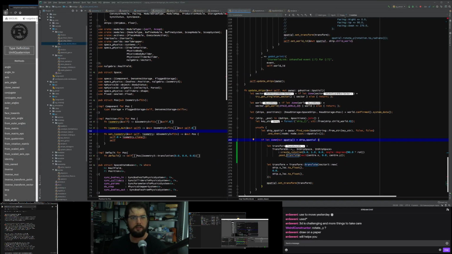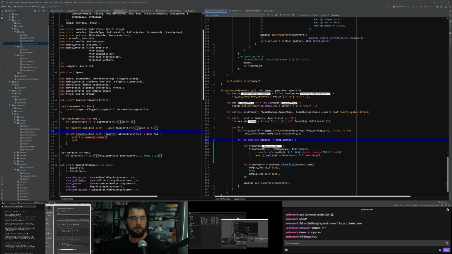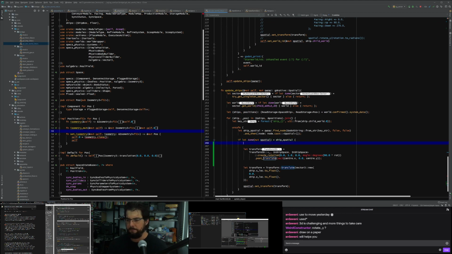So for my own state of mind, I'm going to just put this documentation over here where I can see it and you really can't. And it's not because I'm trying to keep things hidden from you, it's just because I want to be able to see more stuff at once. We're going to work through this one step at a time. So we've got pos, and pos is an isometry 3. We want to get from pos a rotation and a translation. So let's get those. Let translation equal pos dot translation.